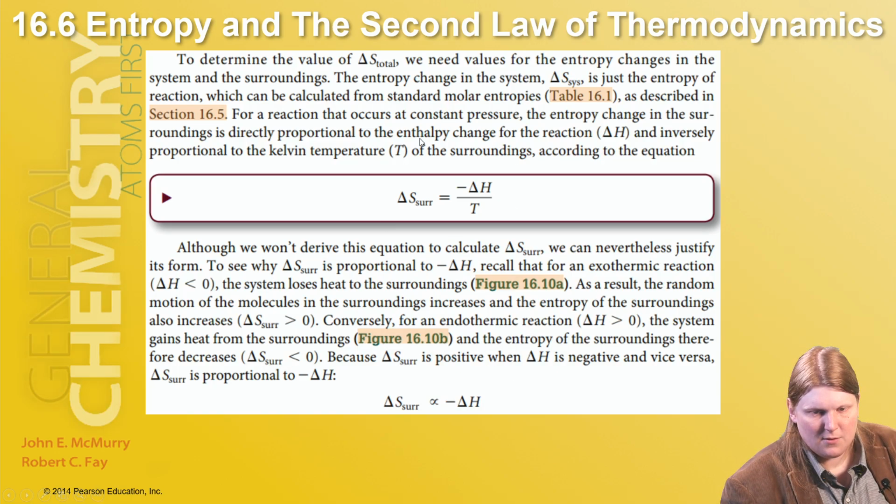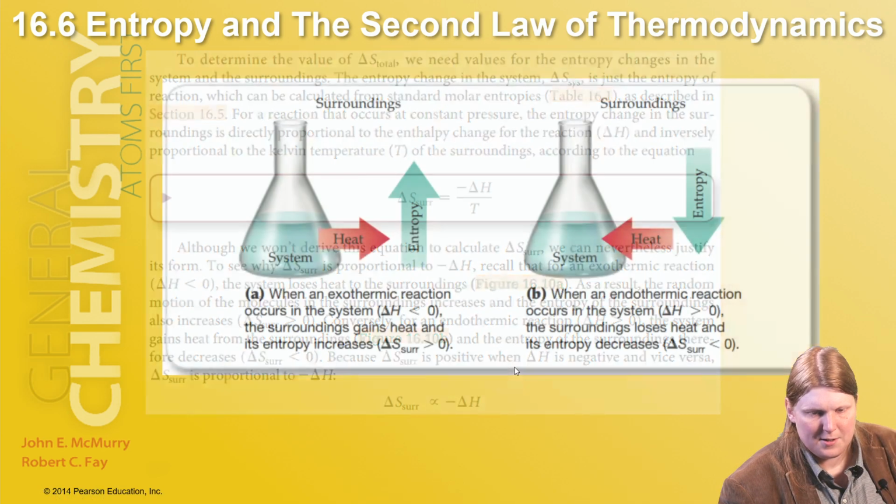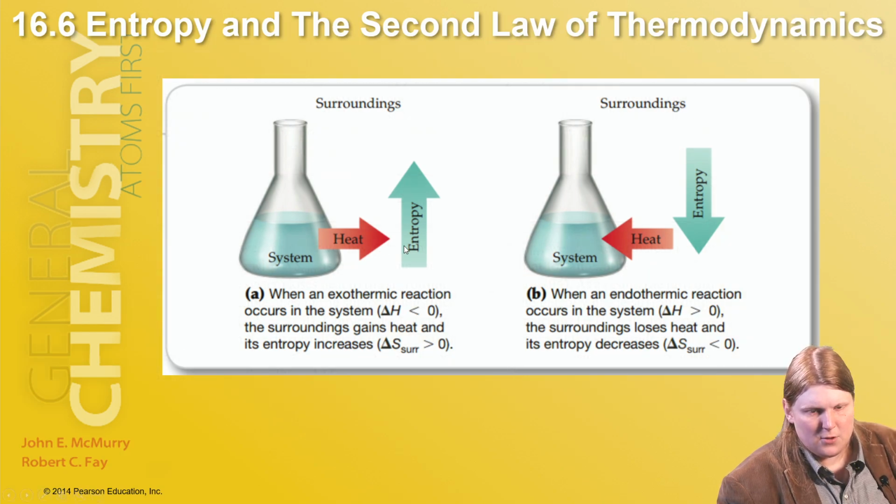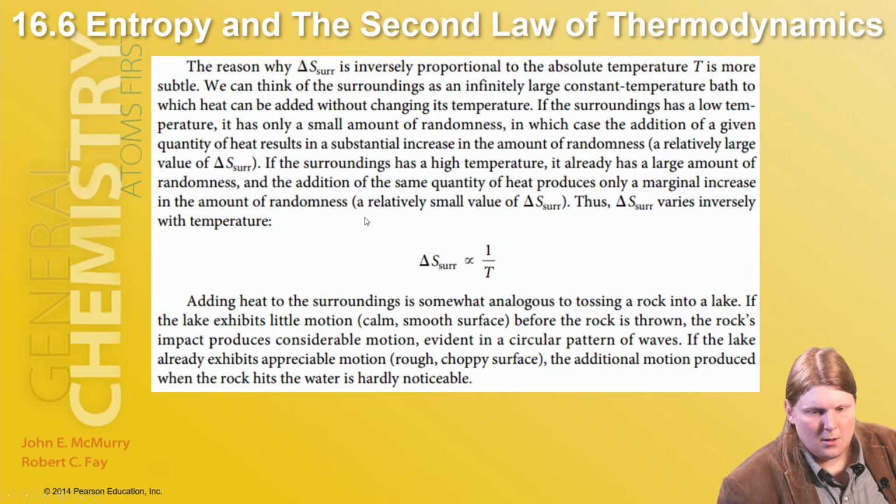It's a useful equation because it gives us an easy way to calculate this, which sometimes can be difficult to estimate entropy changes otherwise. So if the system gives off heat, the surroundings entropy increases. If the system withdraws heat from the surroundings, then the entropy of the surroundings decreases. We can imagine that delta S surroundings is inversely proportional to temperature by imagining that it's in some large container bath where heat can be added without changing temperature. There's a whole thing about this, but